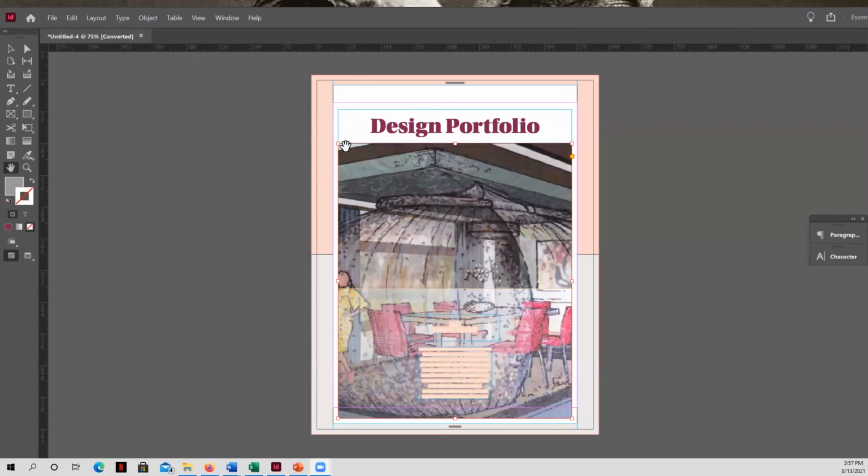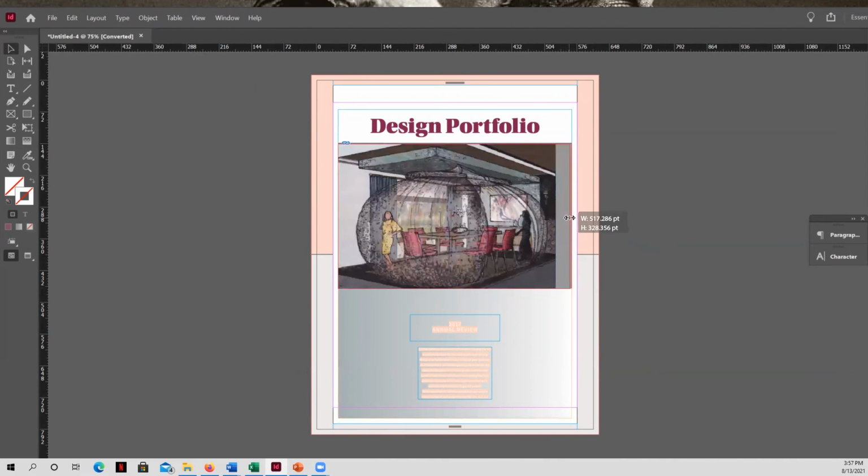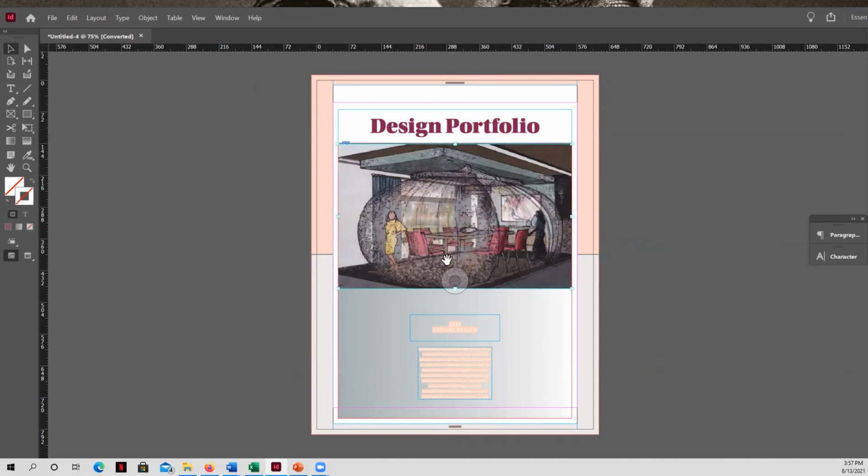You can see here that when I selected and browsed and placed an image there, it came in looking a little bit cropped. So all I have to do is double click over here, and I can hold down, in my case with a PC, my shift and my control button at the same time to resize this. And then I can move it over and stretch it just a little bit if I have to, and then it will fit here.